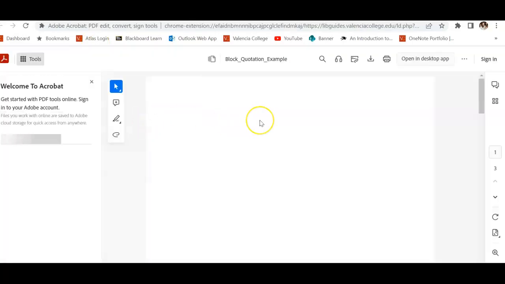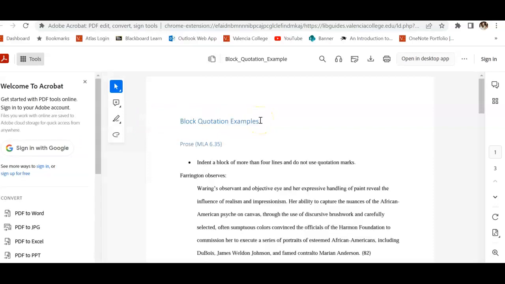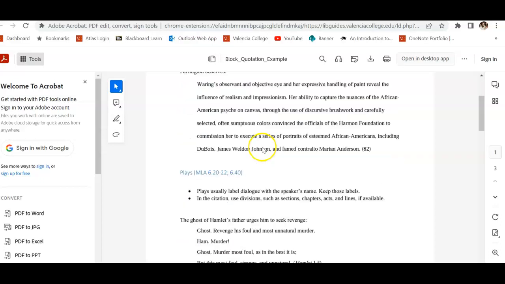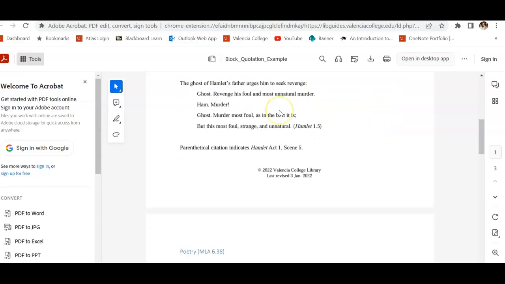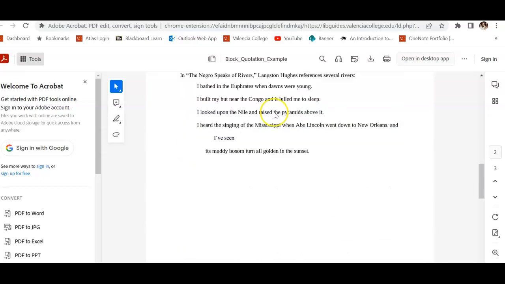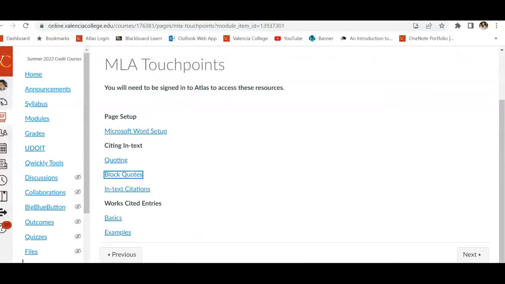Then if you go to block quotes, you can get information on how to cite a long block quotation. Those are going to be those blocks of text that are 4 lines or longer. To be entirely honest, you should be avoiding long block quotes if at all possible. But it shows you to indent a block quote of 4 lines and not to use quotation marks. Notice where the citation is and how there aren't quotation marks involved. Notice that there's a colon prior to it. And then it also goes into poetry and plays and things of that nature.